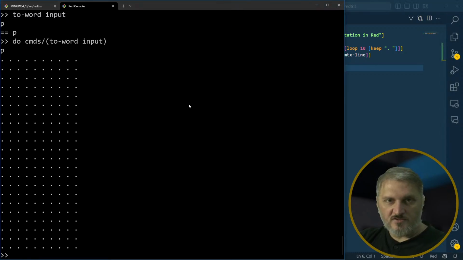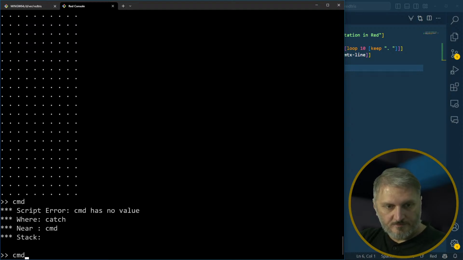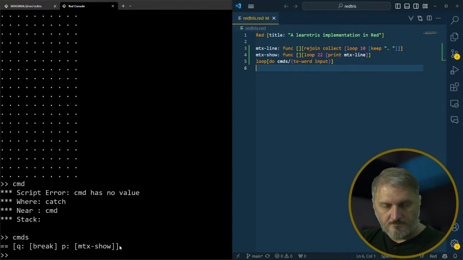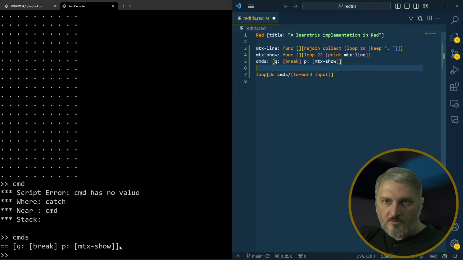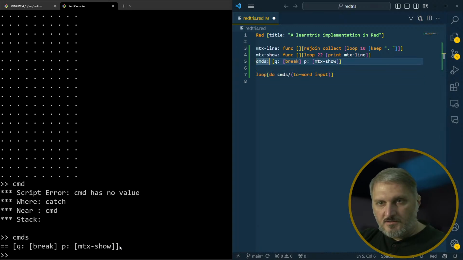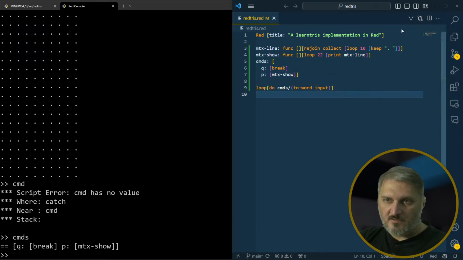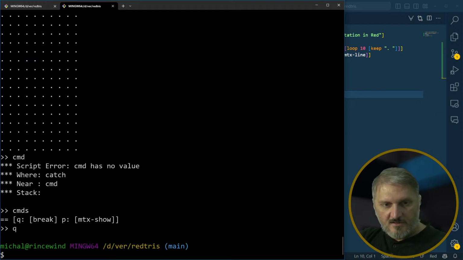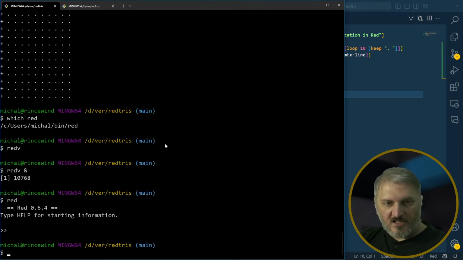Oh, but I didn't say what commands was. So, like, define all that, and then let's even just put it here. Of course, this is not going to work out entirely correctly because it's just printing out an empty matrix, but it should pass the test. I probably should have kept all that. So let's see what happens if I say